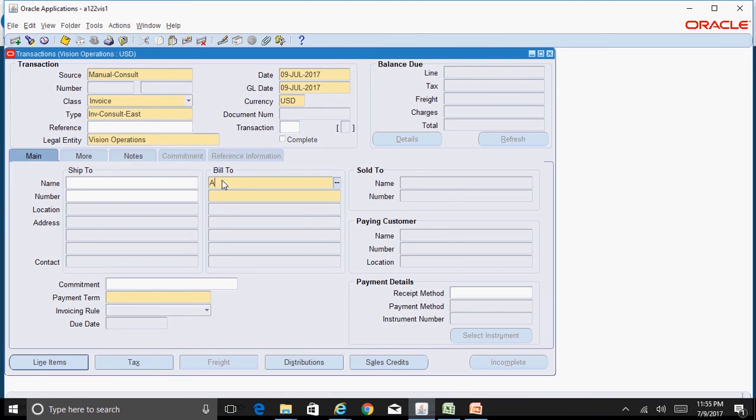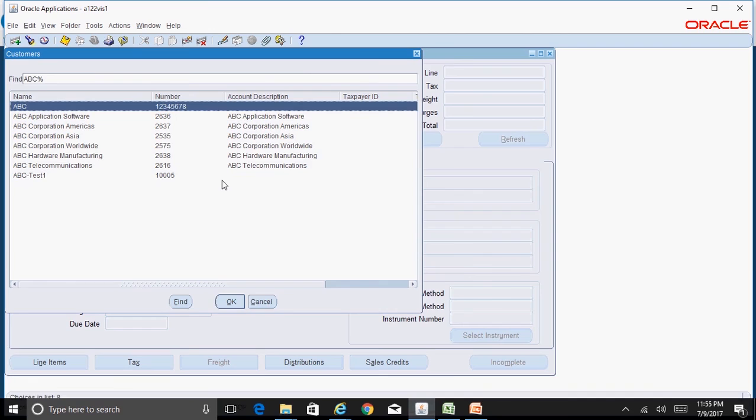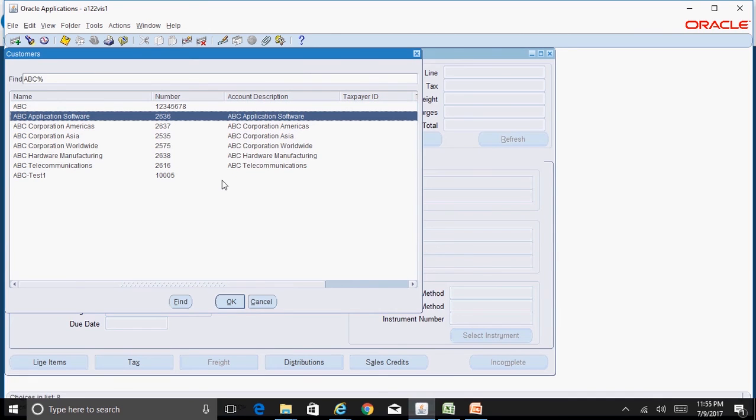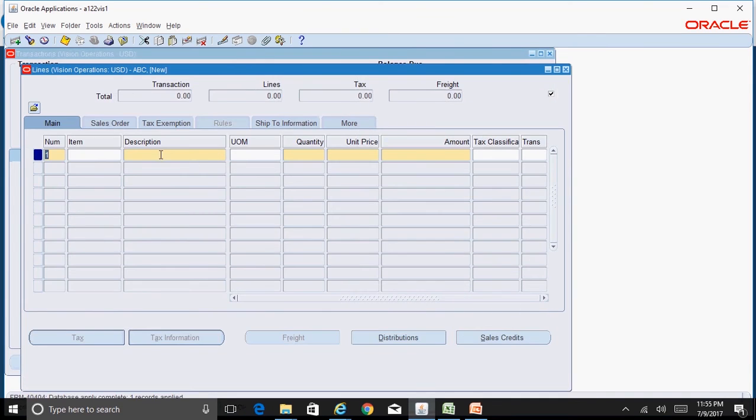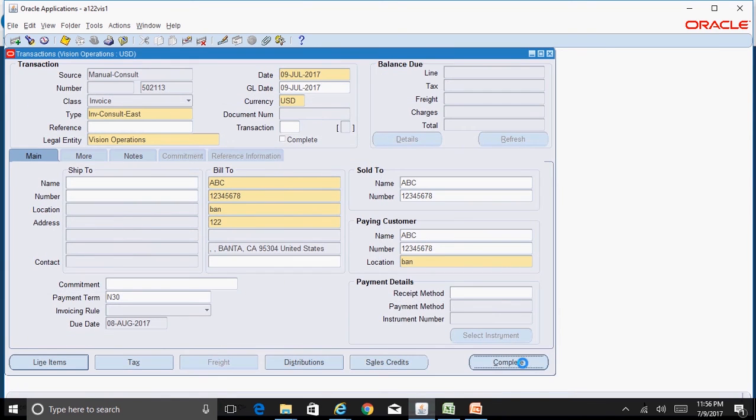Okay. Pick up any customer, maybe ABC, maybe the first one ABC. Yeah. Go to line items and try to create two lines. The first line with the word IT consulting with quantity one, say $1,000, and a second line with some other description. Instead of IT consulting, use some other description, say test, and say again quantity one and say $2,000, and try to save this and try to complete this.